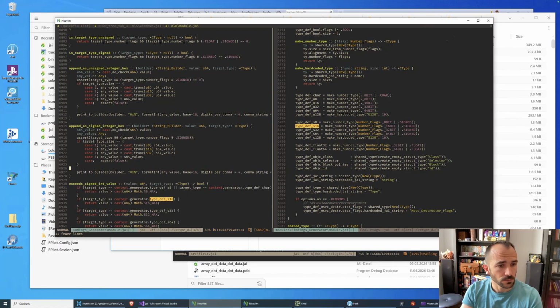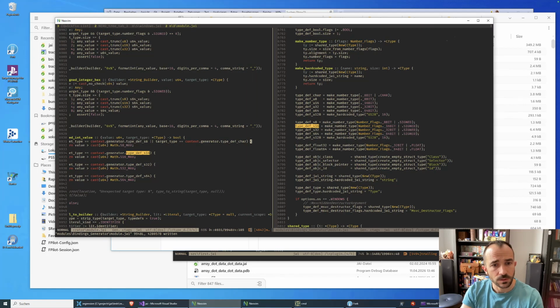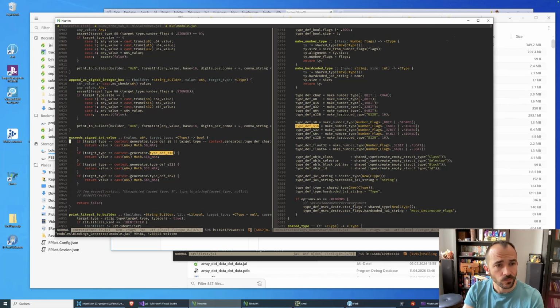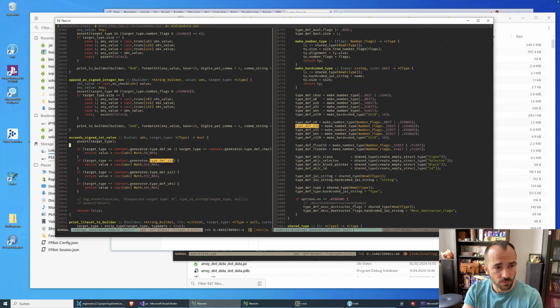Bam. Done. And here we have another exceed signed int value. Same thing. Let's do assert. This assert might go off, by the way. This is defensive programming for now to see if this can be null, because I don't know.